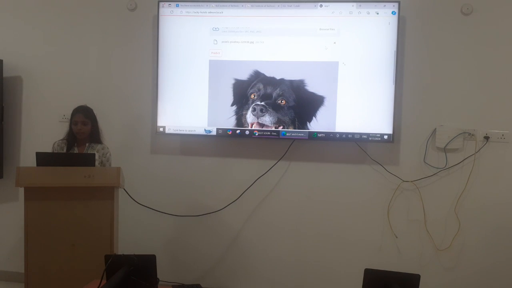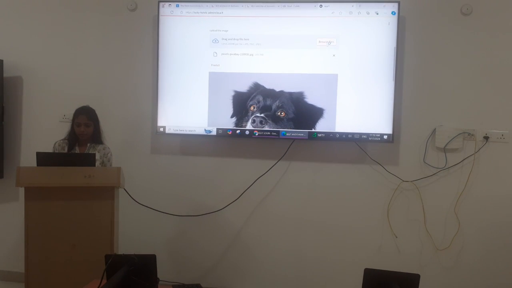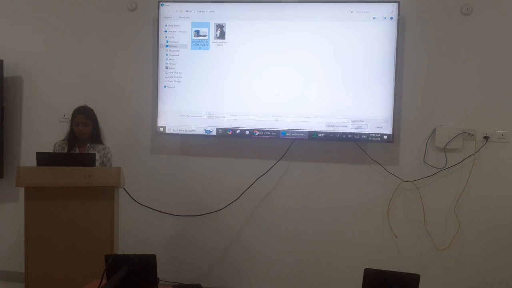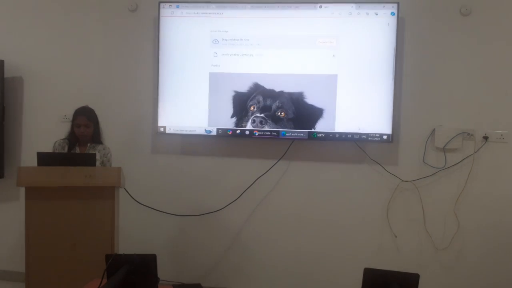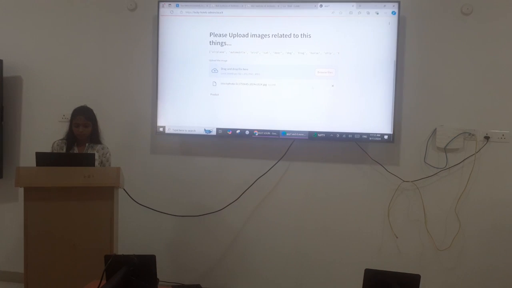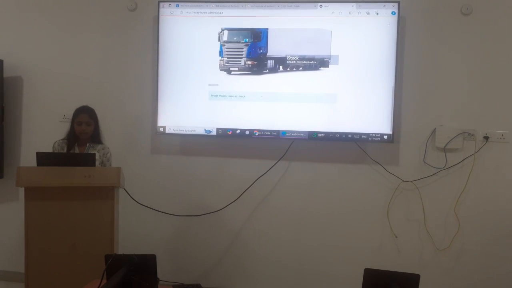Similarly, we can also upload another image. Here I am uploading an image of a truck. Then we have to click on predict. We can see the image mostly